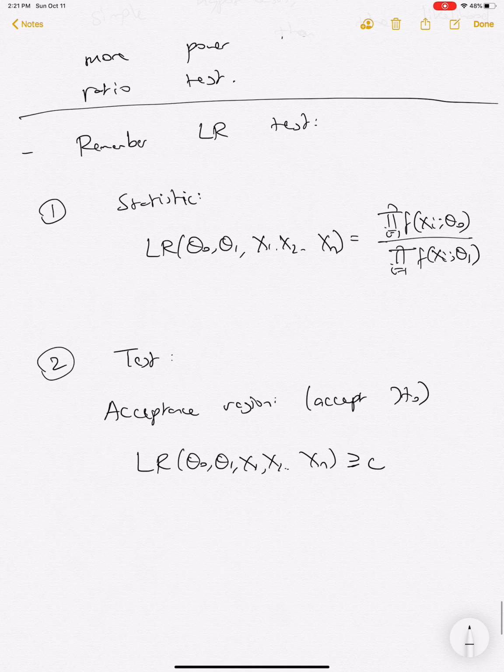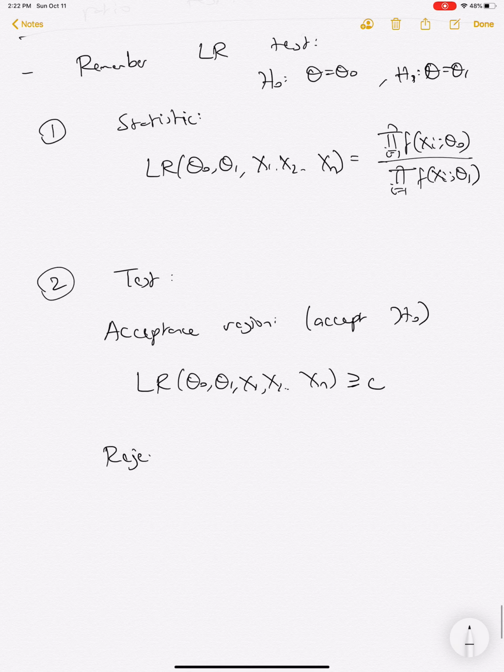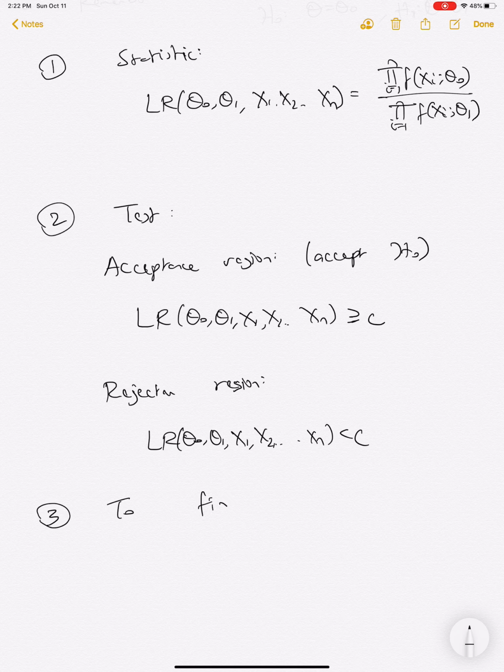So just to spell this out, our H naught is theta equals theta 0, and our H1 is theta equals theta 1. And the rejection region is the likelihood ratio of X1 up to Xn is less than C. And then note that to find C, you fix an alpha,